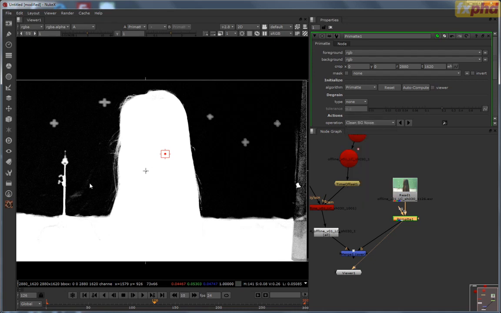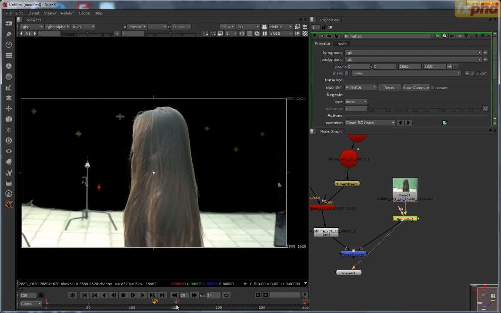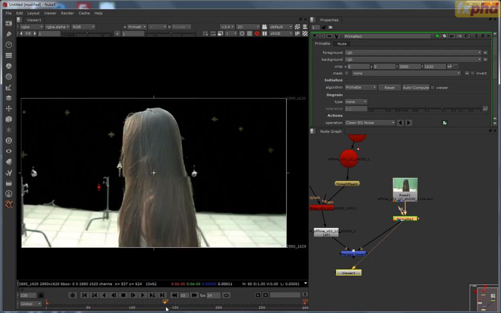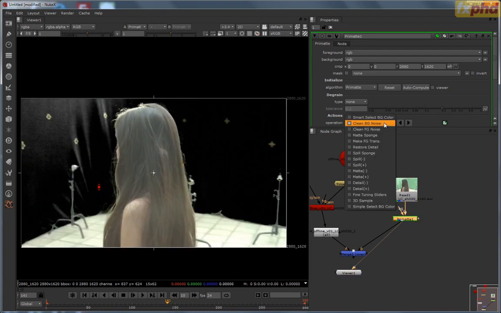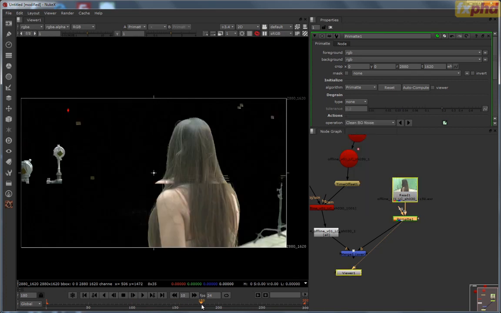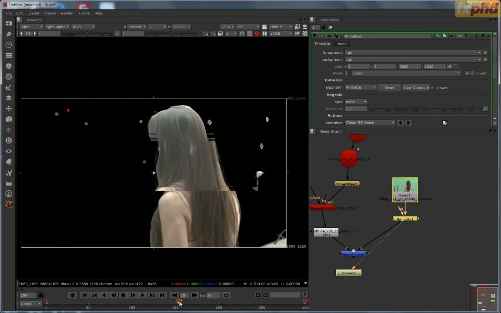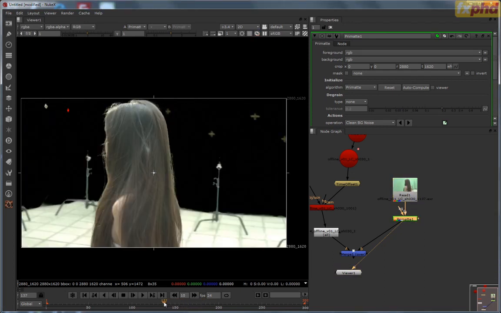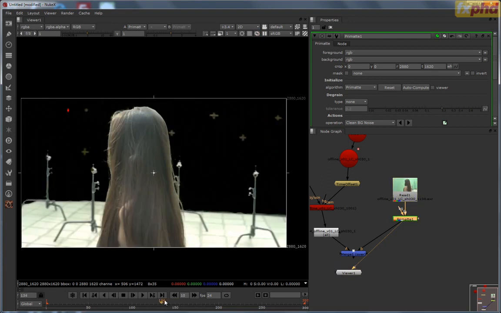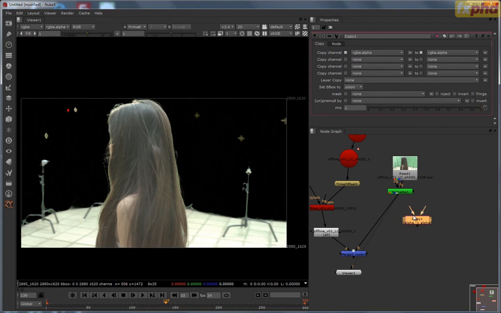Yeah, and that should be enough. A little bit of noise there. Okay, that's good enough. So of course all the green is not going to help us when we want to set the color for the background. So we might as well do a little more than this and